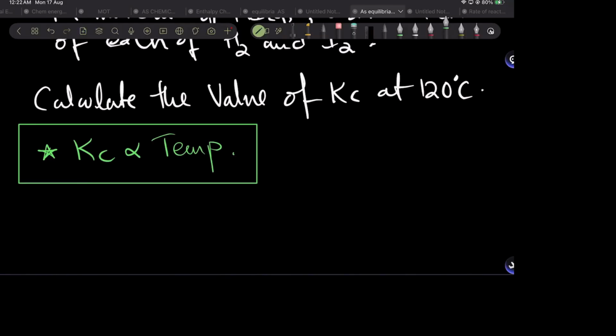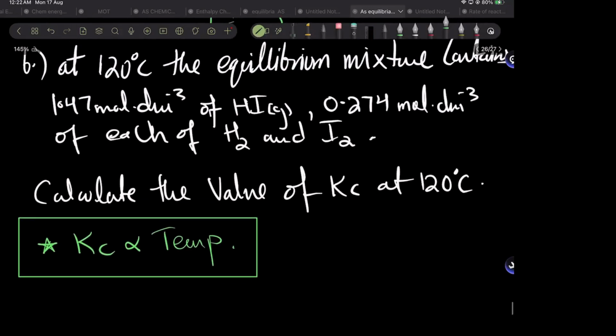All right. So this equilibrium was at 120 degrees Celsius. That's why it's asking you to calculate the value of Kc at 120 degrees Celsius, because it's going to be constant at that temperature value. All right. So now